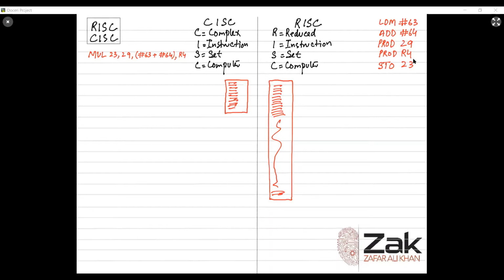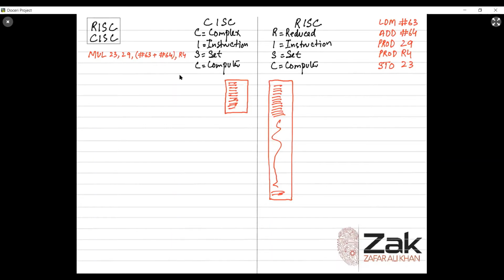So how many instructions are these? 1, 2, 3, 4, 5. This is reduced instruction set code, meaning easy instructions. Rather than writing a single instruction, we wrote many instructions. It means that we have to write larger code to get the same thing. On the contrary, if you look at CISC,